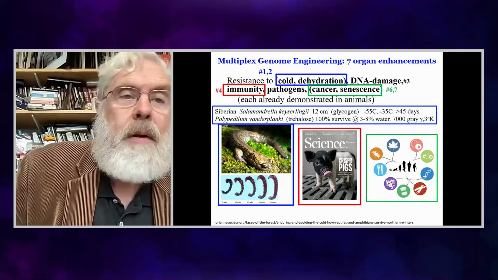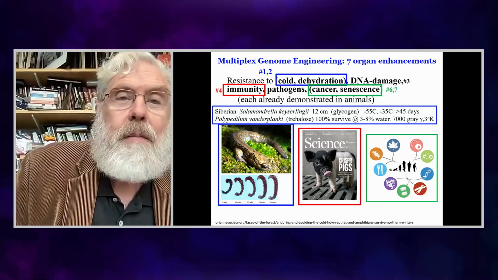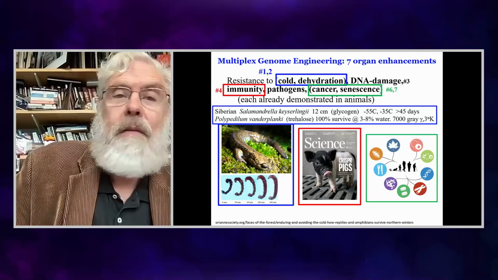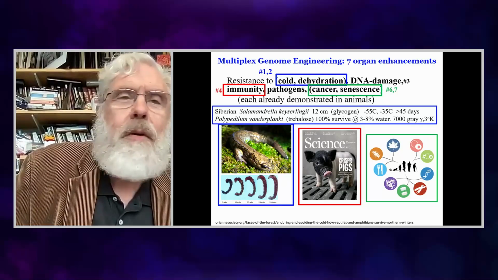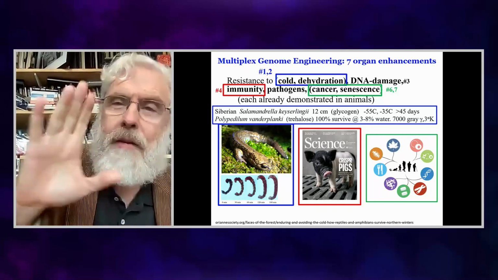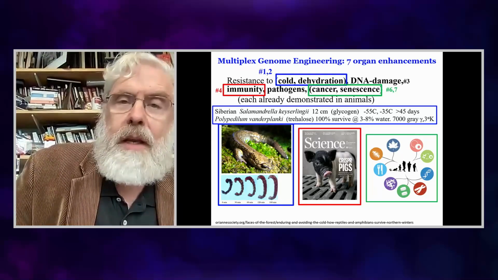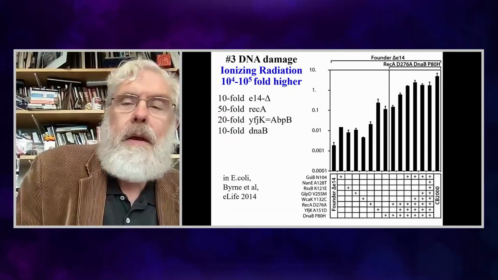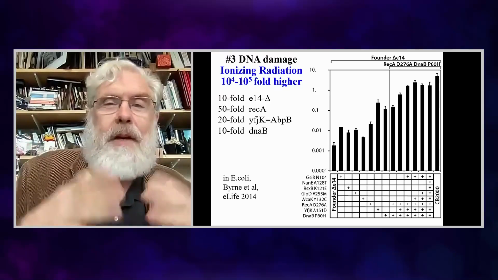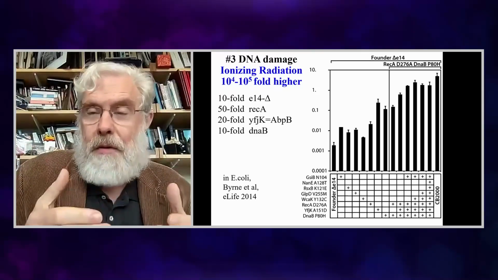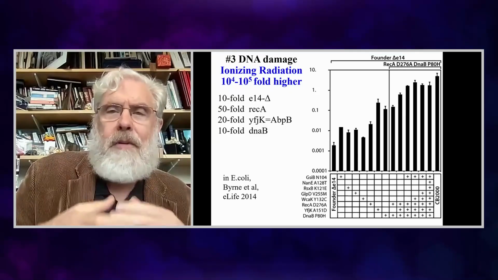For example, there's this Siberian salamander which can survive minus 55. This is very low temperature, and it can survive minus 35 for 45 days. So that's number 1 and 2, cold and dehydration enhancements. But it gets more and more interesting as we go down the list from 3, 4, 5, 6, and 7. Number 3 is DNA damage, which we know is involved in some of the aging components. There are many different aspects of aging we need to get simultaneously and thoroughly. I think it's not sufficient to get 1 or 2. This is going to be a classic case of polypharmacy, where you need multiple drugs.